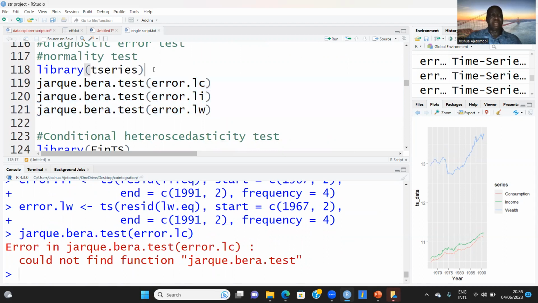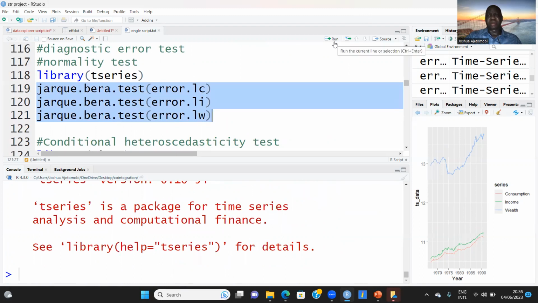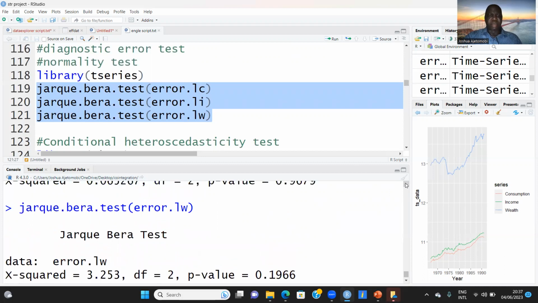Oh, sorry, Jakibera is a T series package, so that's not so. Okay, so let's go over it again. Yeah. So I run this. So beautiful. So we check, and